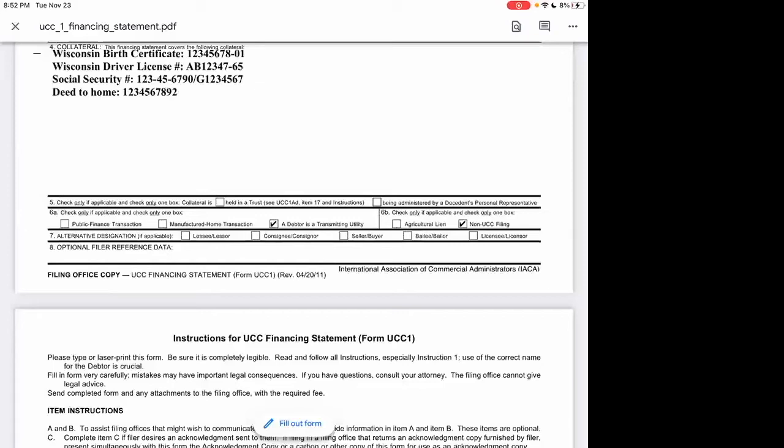Has anyone successfully done any of these processes, like doing a UCC one, authenticating the birth certificate, or discharging anything? I've got my trust set up, my birth certificate's authenticated, my estate set up. The only thing I haven't done is the UCC. Yeah, I was just looking at this sheet yesterday too. Glad we're going over it.